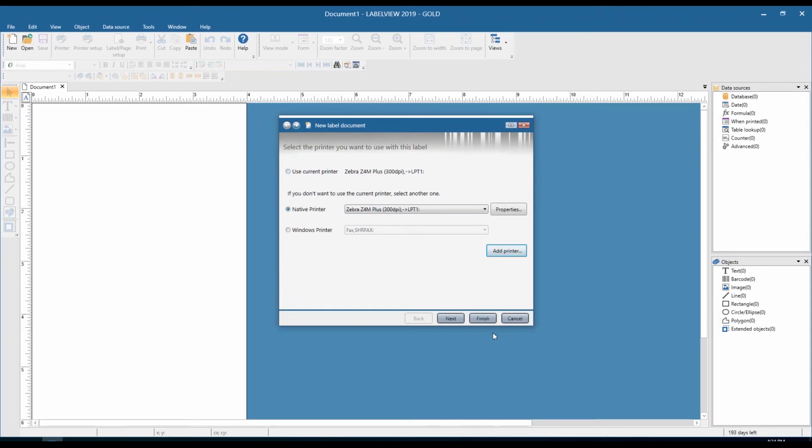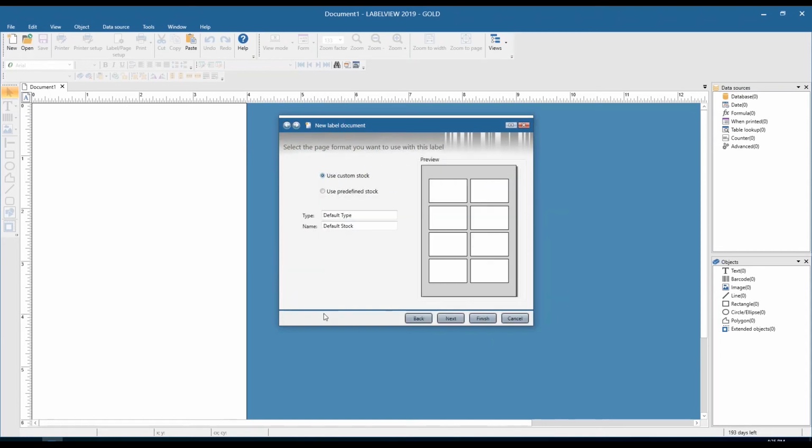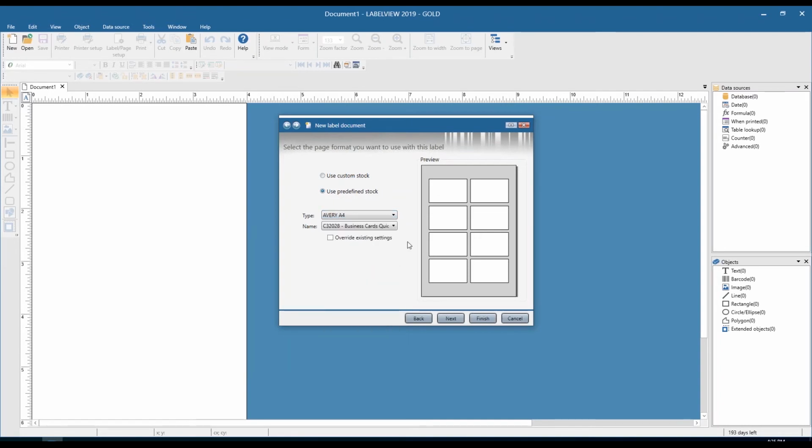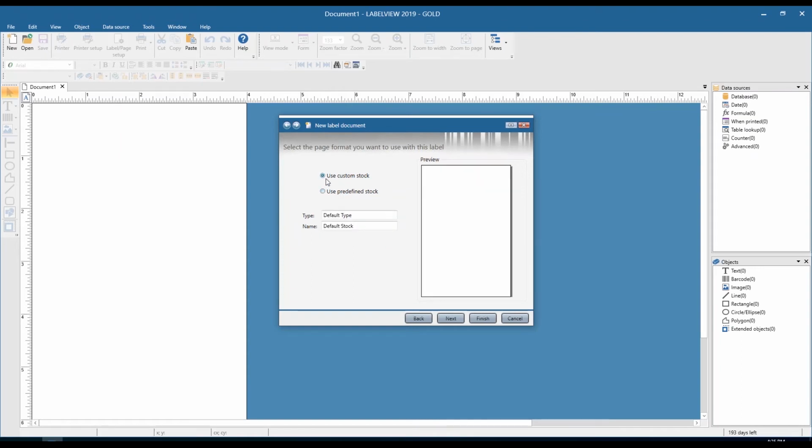So choose any one of these, click Next, and now we're selecting the label stock. So we have two options in here. We have custom stock and predefined stock. We have quite a few of the predefined stocks in here, some from Avery and Brady and so forth and so on. If you're not finding your type or name of stock, or if you're not sure what it is, or it's a completely customized stock, you want to choose the Use Custom Stock radio button. In fact, that's what we're going to use for this webinar,